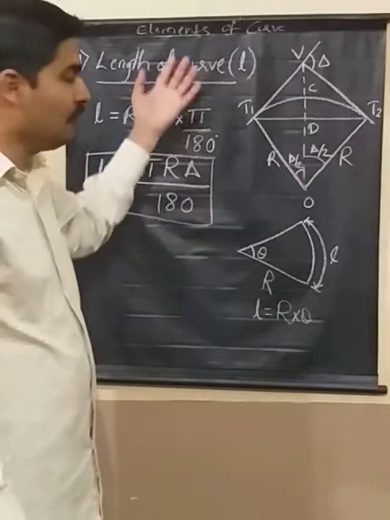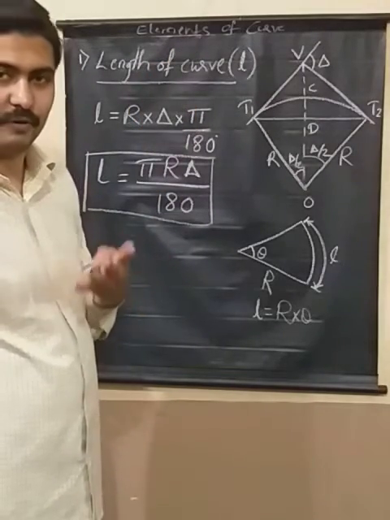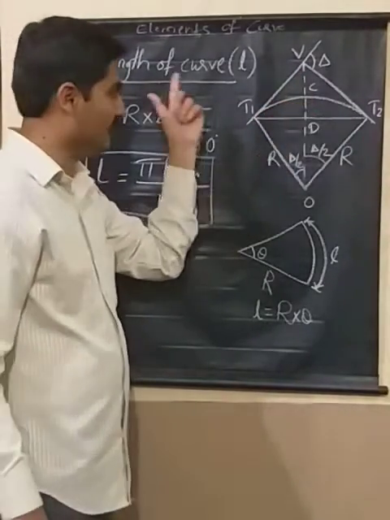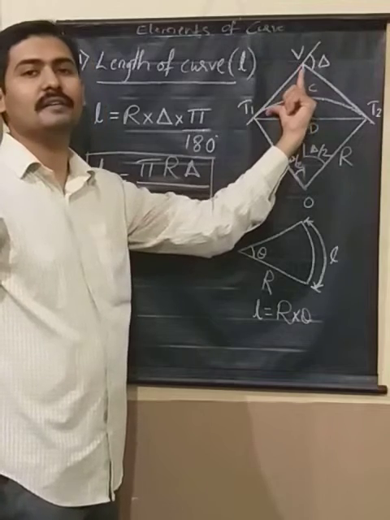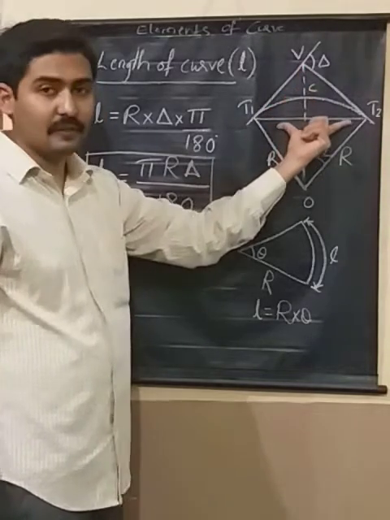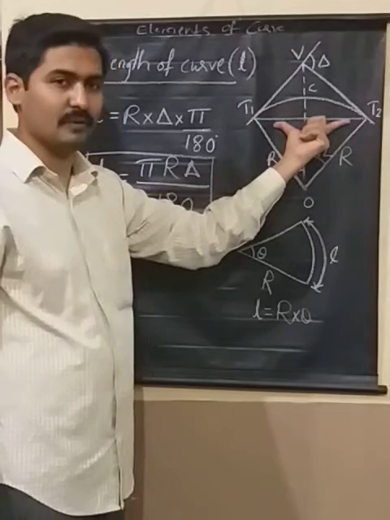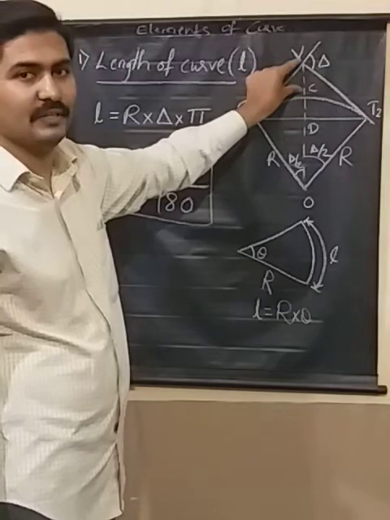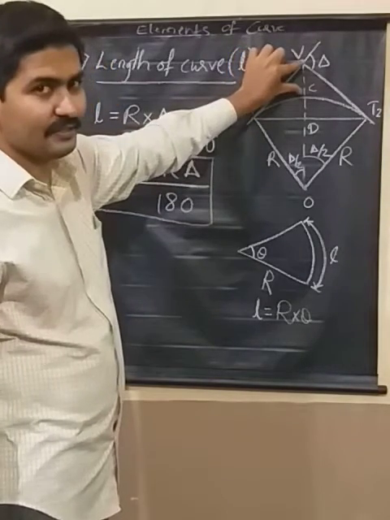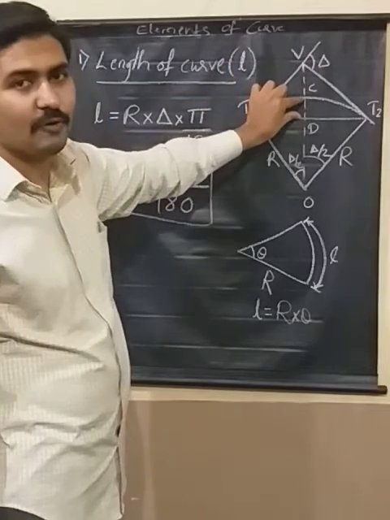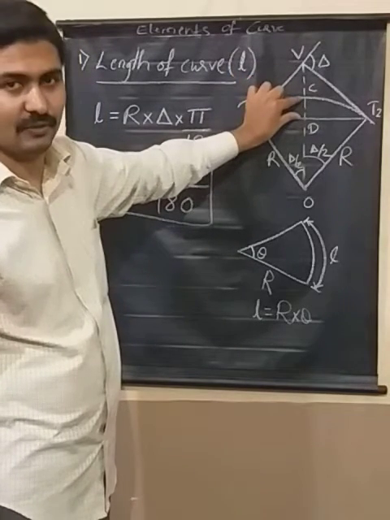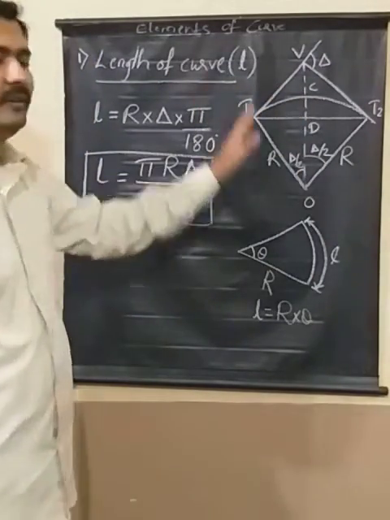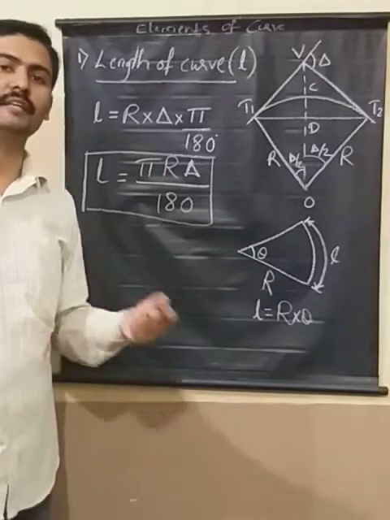In a similar way, we have 4 more things to calculate or derive. First one is the length of the curve, the one we have seen. Second one is the tangent length, and then the length of long chord. This is long chord T1, T2. Then I need the formula for the external distance, VC. VC is the external distance. Then I need the formula for the mid ordinate, the longest ordinate at the center, CD. CD is the mid ordinate. So to get all these things, let us see how I am going to get the expression for them.